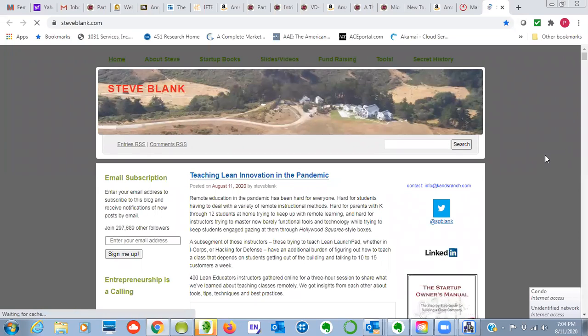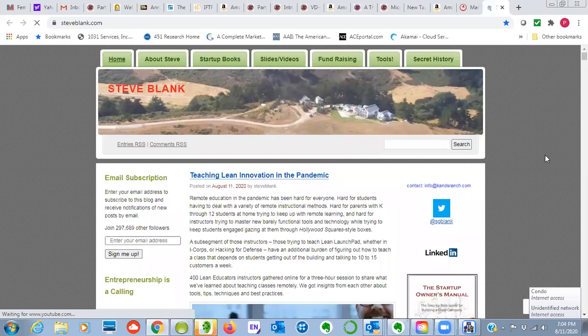Steve Blank was a Silicon Valley entrepreneur. He had several startups, a couple of them were successful, and he just loves to teach. He's basically retired as an entrepreneur. He probably still dabbles in it a little bit, but he loves to teach. And so he's got a really nice Udacity course on startup businesses. So he really focuses on startups. I'll give you that resource for his website because it's